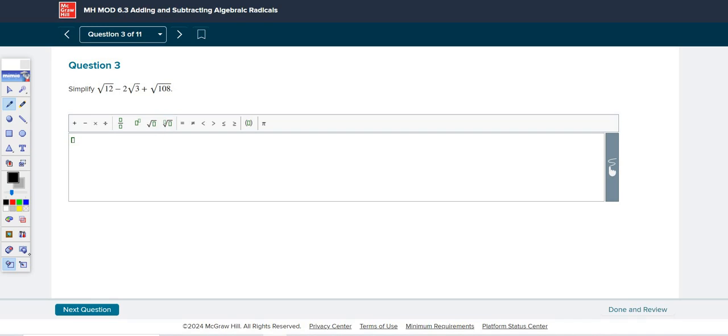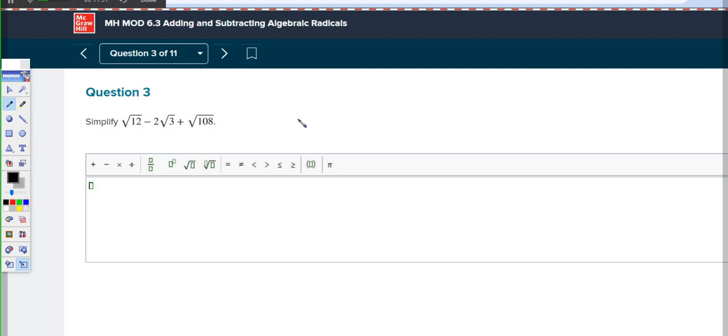Okay, same thing here. I've got square root of 12 minus 2 square root of 3 plus square root of 108. So square root of 12, that can be broken down to 4 times 3. And I'm going to leave this. Then we've got minus 2 square root of 3. I've got